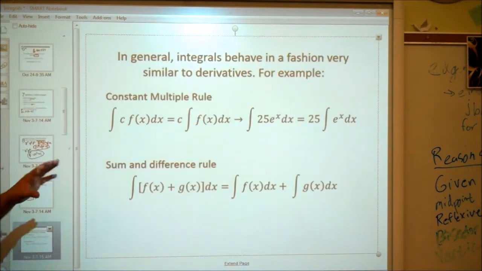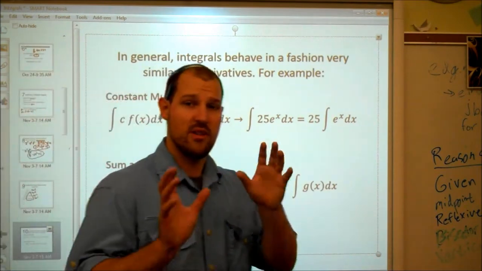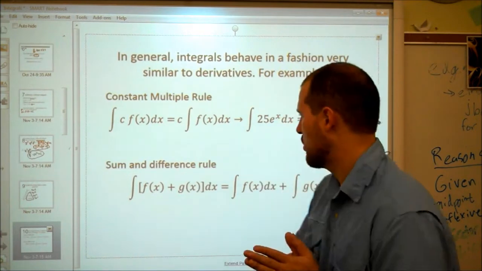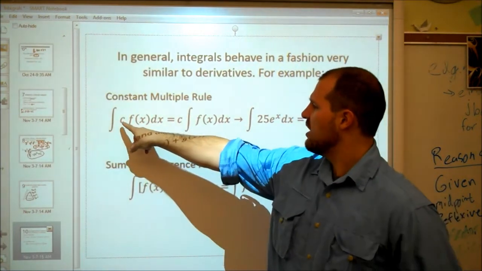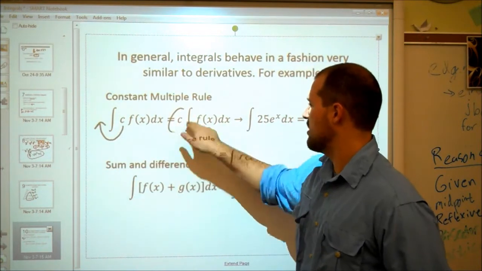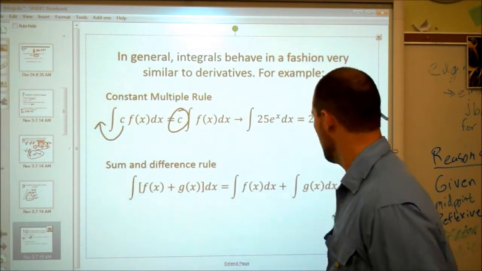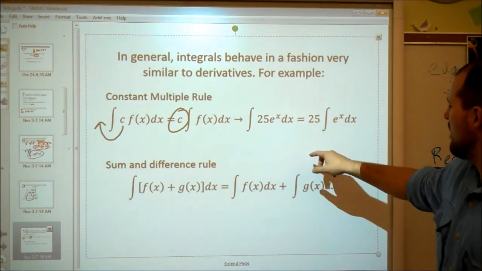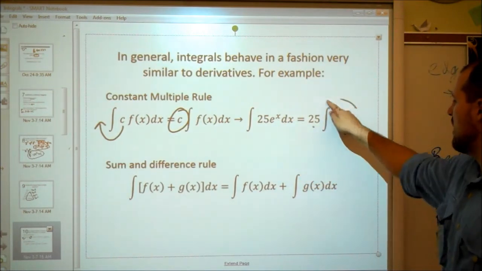Okay? Just a couple quick properties. These, by the way, are the same exact properties that we had for derivative, which is so nice that the same properties hold up. All this is saying is if you have a constant in there, if you want to factor it out so it's easier to think about, and see there it is, you're totally allowed to do that. There's an example right here, the 25 is in there. It's hard to see with the 25, so the 25 comes to the outside, and now you can say integral